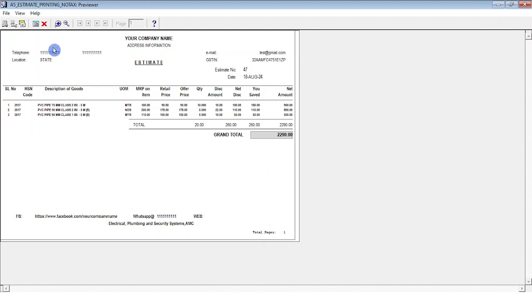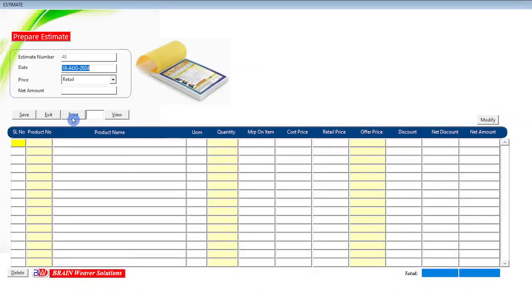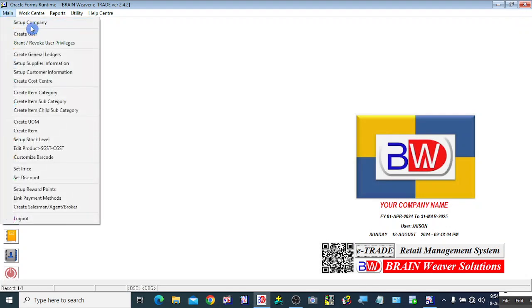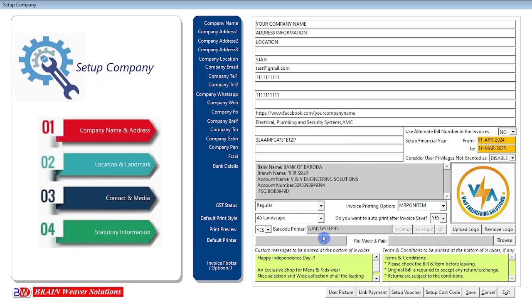Since we have set the default printing method as A5 landscape, the system is showing the estimate in A5 format. If you want to generate this estimate in 3-inch format, set the default invoice format in the setup company. Here we can see the default print style I have chosen is A5 landscape. If you wish to generate the estimate in 3-inch thermal format,